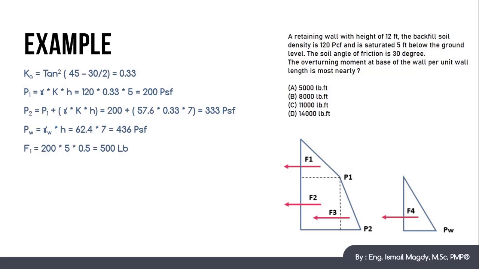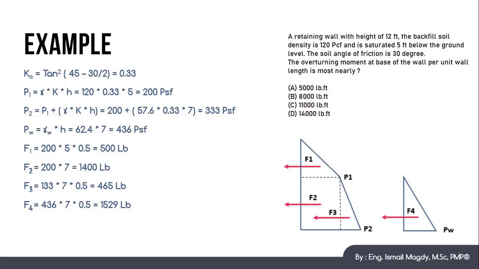So F1 will equal 200 multiplied by 5 multiplied by 0.5, because this is a triangle shape. F2 will equal 200 multiplied by 7, which equals 1400, and F3 will equal 133 multiplied by 7 multiplied by 0.5, which will equal 465 pound, and F4 will equal 436 multiplied by 7 multiplied by 0.5, which will equal